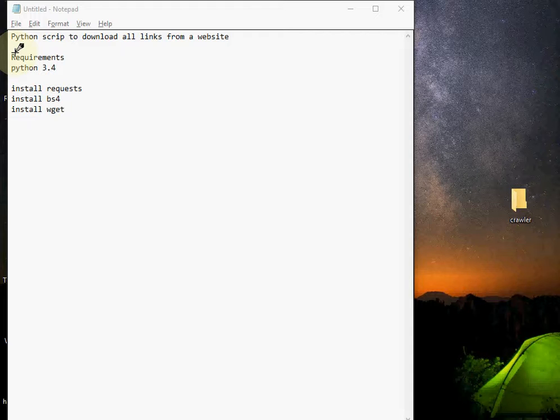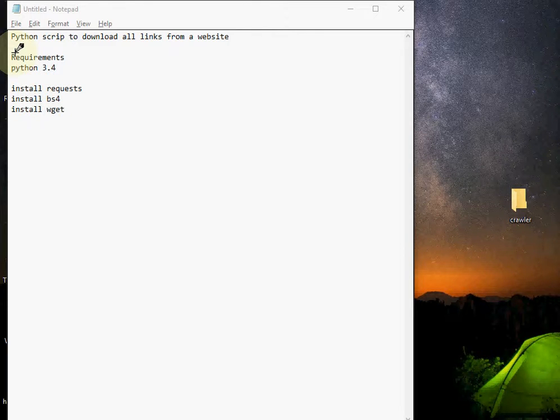There was a need sometime back when I needed to download a lot of files from a website and there were a lot of links, more than 100. So going one by one to each link, clicking on them, then saving them to the local computer or somewhere, it would be a lot of tedious work. So to overcome this, I created a script which directly downloads all the links from a website